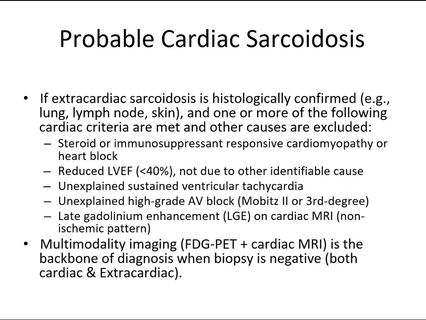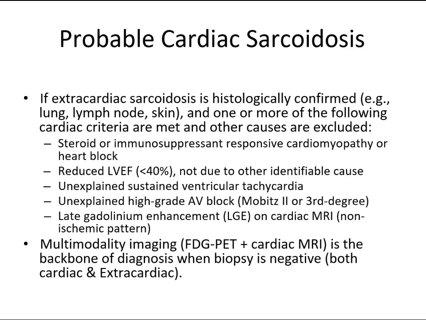Probable cardiac sarcoidosis. If a patient already has histologically confirmed extracardiac sarcoidosis, say in the lungs, lymph nodes, or skin, then we consider probable cardiac involvement if just one of the following is present, and other causes are excluded. Steroid-responsive cardiomyopathy or heart block, LVEF less than 40% without another known cause, unexplained sustained VT, Mobitz 2 or complete heart block,